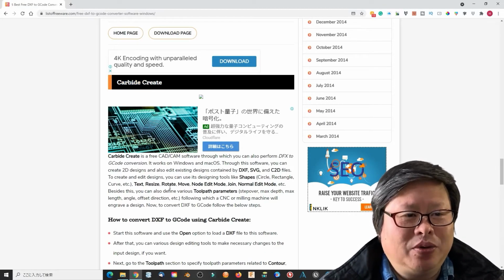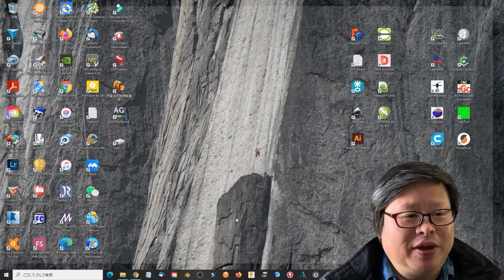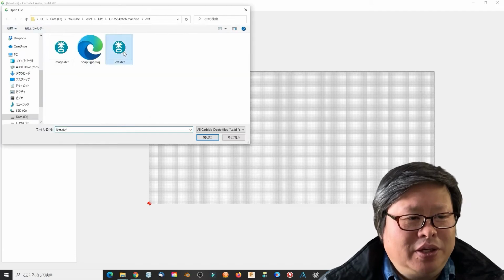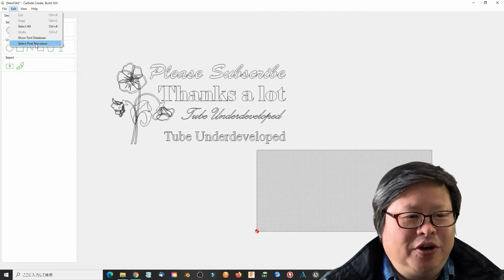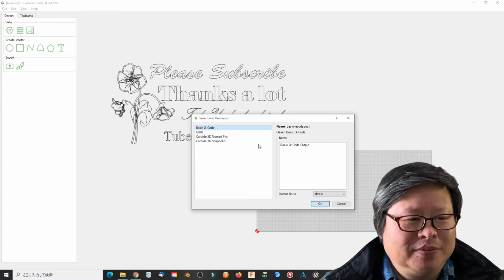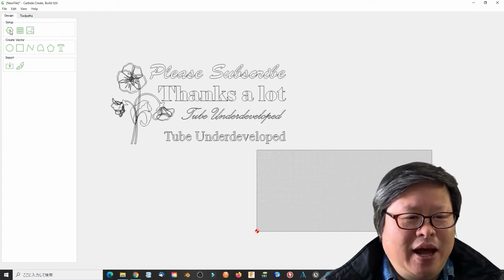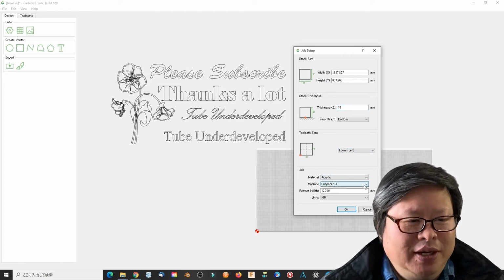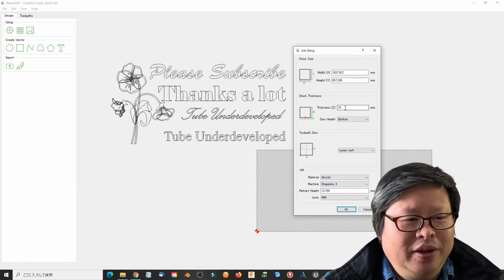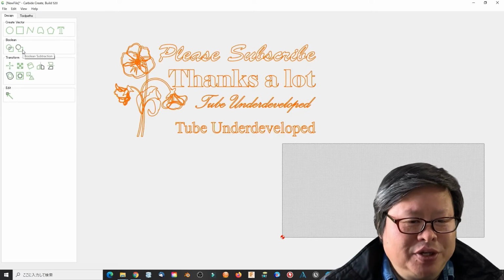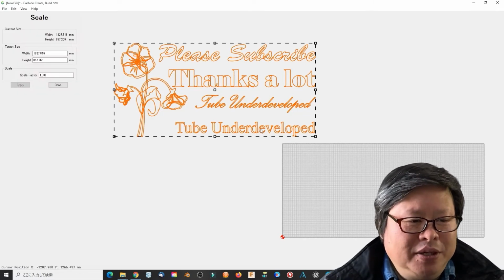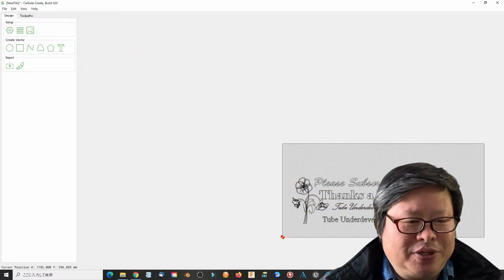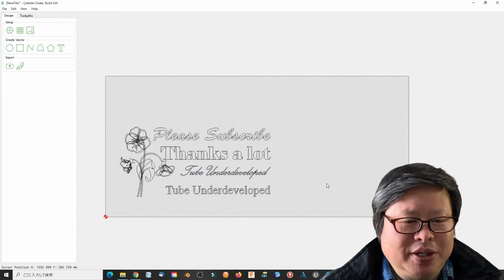I tried Carbide Create then. It looks very nice. When you open a DXF file, it looks quite good. At first, you define the stock size, such as width and height both 200mm as my 3D printer. Leave others alone then. You can modify the vector figures also. Very nice. I see my original test figure is a little bit large, so I scale it to a smaller one to fit my 3D printer size.